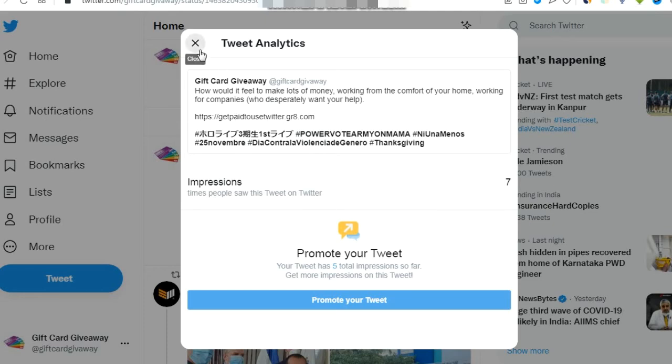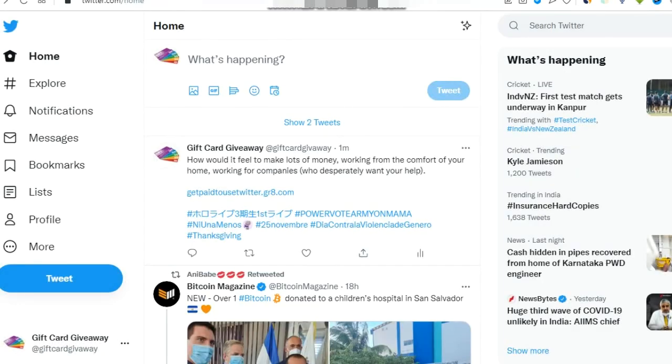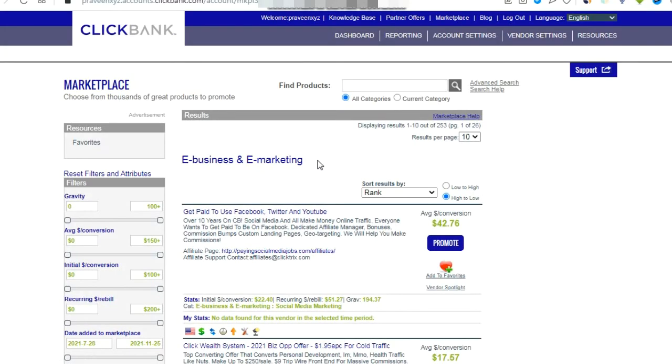Okay, so this is the way which I have shown you. You can at first come to your CPA offer platform, choose any. So you can promote CPA Grip, CPA Lead, AdWork Media, or any other platform whichever you are using.